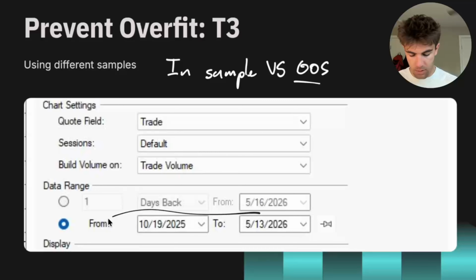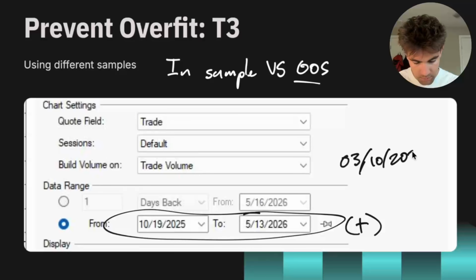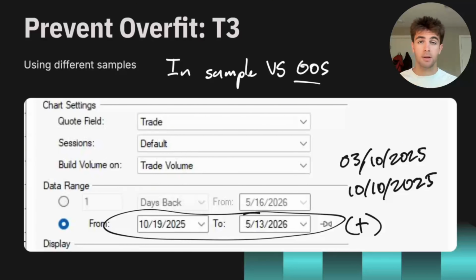So here we have a period, it was tested over about 7 months. Well, if that's promising, test it over a different 7-month period. Test it from the 3rd month of 2025 to the 10th month of 2025. And then if that's promising, go 7 months before that, 7 months before that. You can vary the ranges too. Then you try a year and a half, then you try 4 months. And just vary the samples with the same strategy and the same asset to see if it is promising across different time frames or if it just happened to perform very well in that given market.